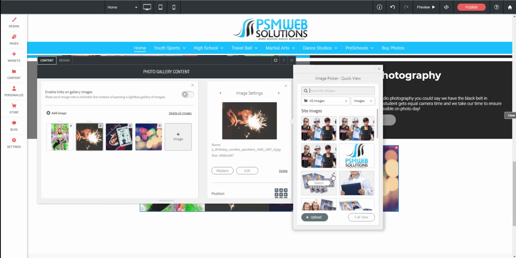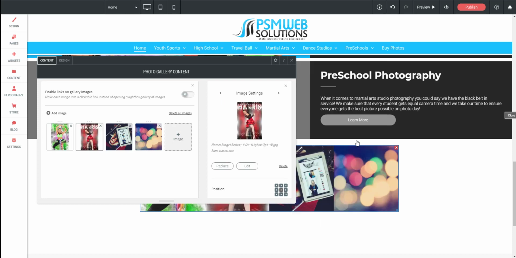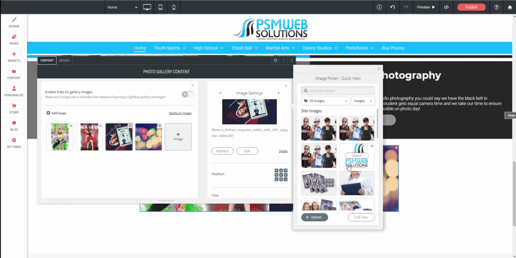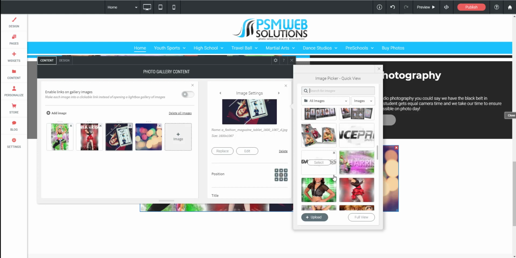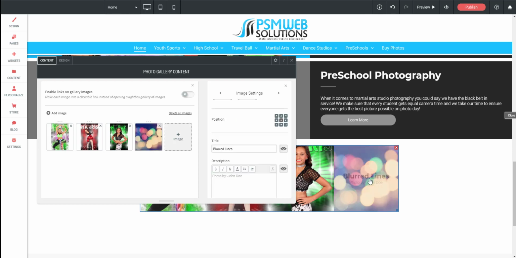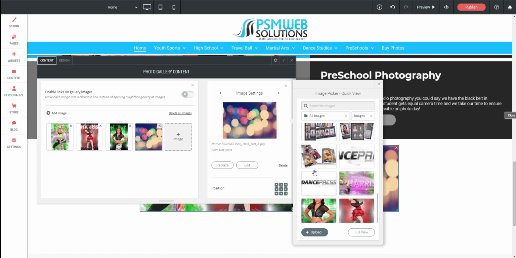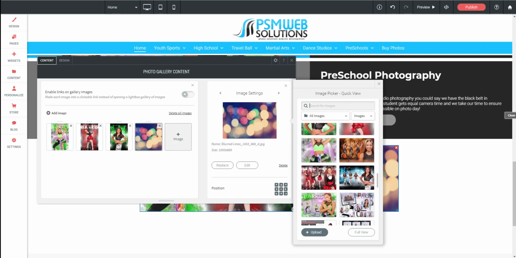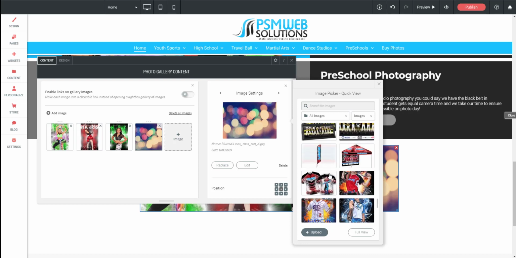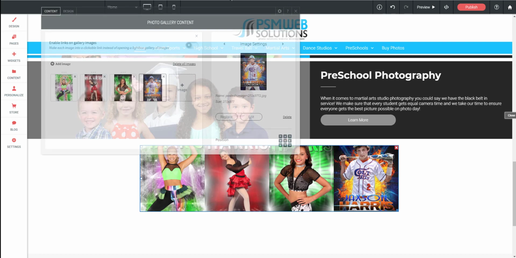Just click on the image, and we'll go ahead and grab another one of these posters. Grab the image on this one. And we'll grab this one. Let's get one more vertical one just so we have 4 across. We'll find one more. There we go. We'll grab that one right there. Okay, so if we drag this up out of the way a little bit, you'll see